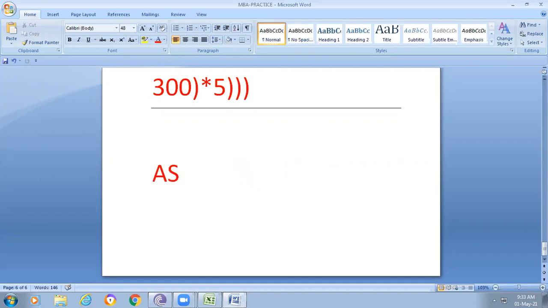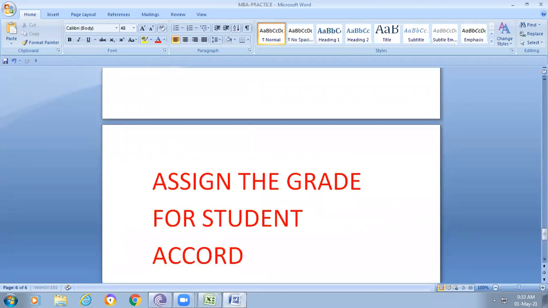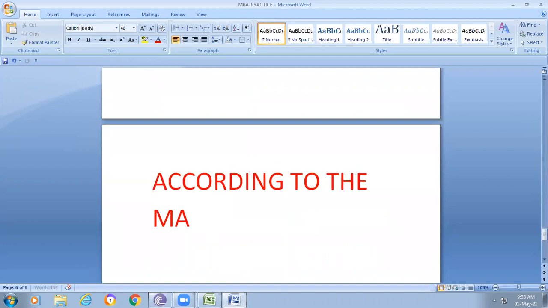So now calculate and assign the grade for the student according to the marks.